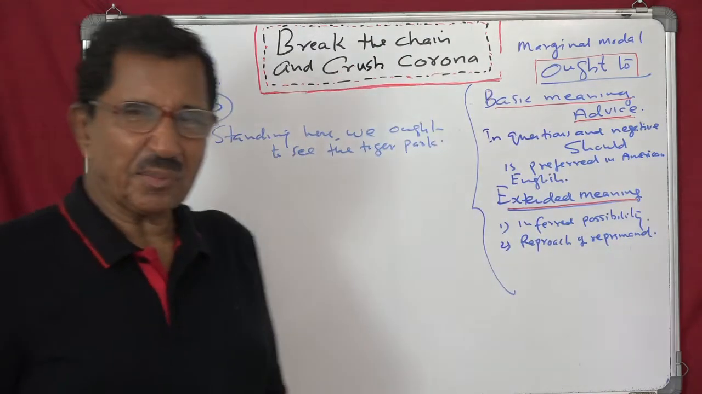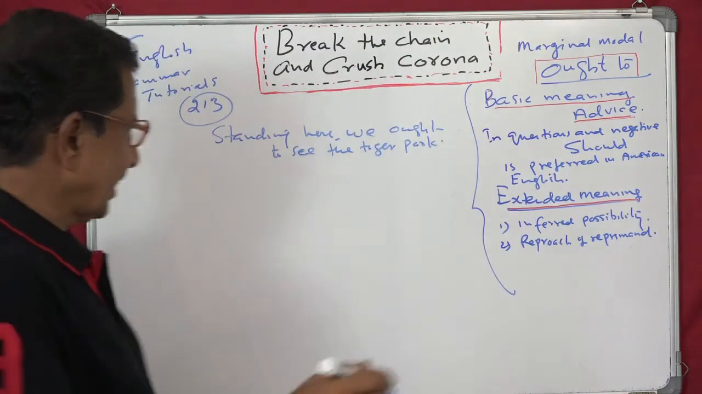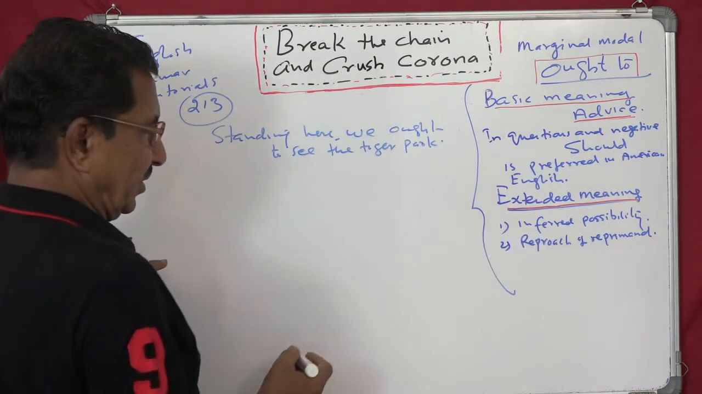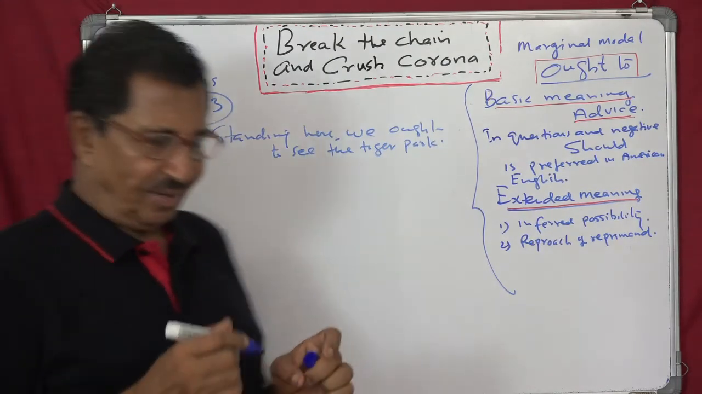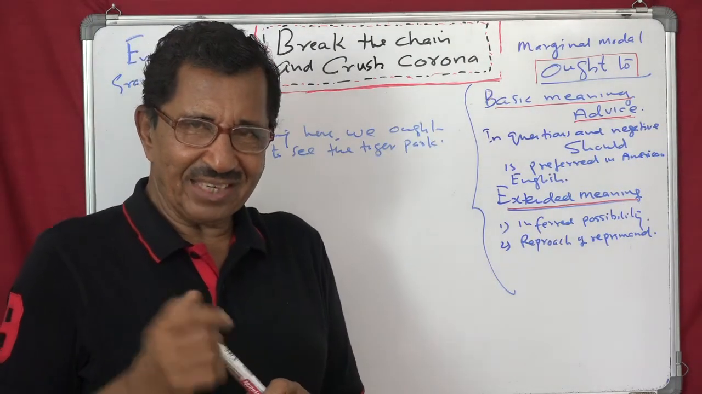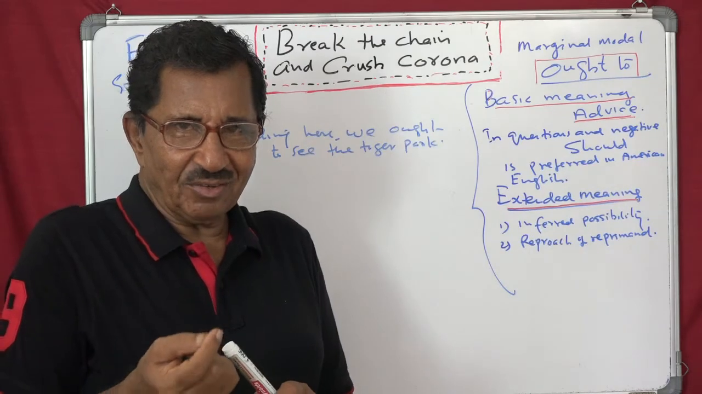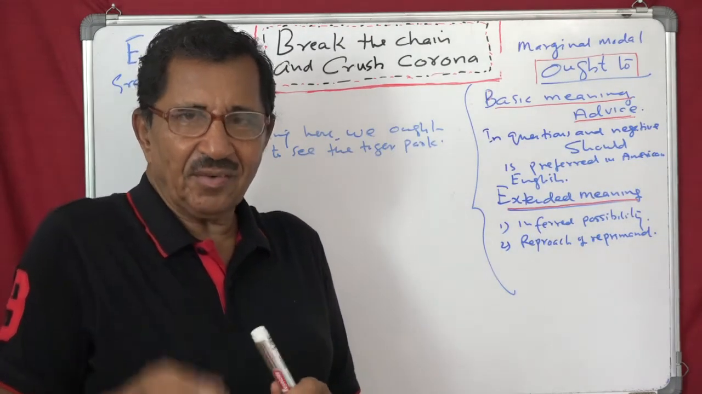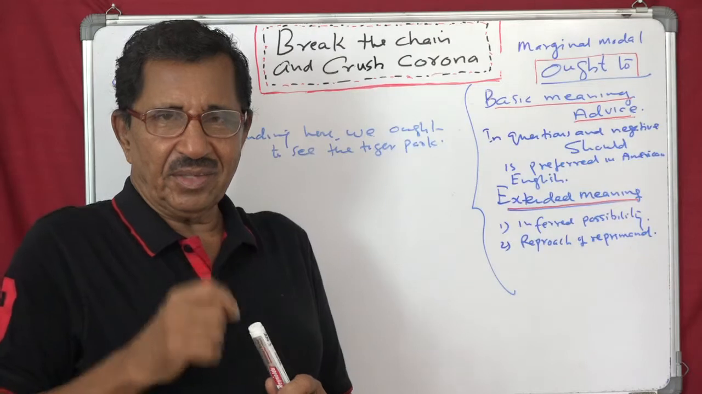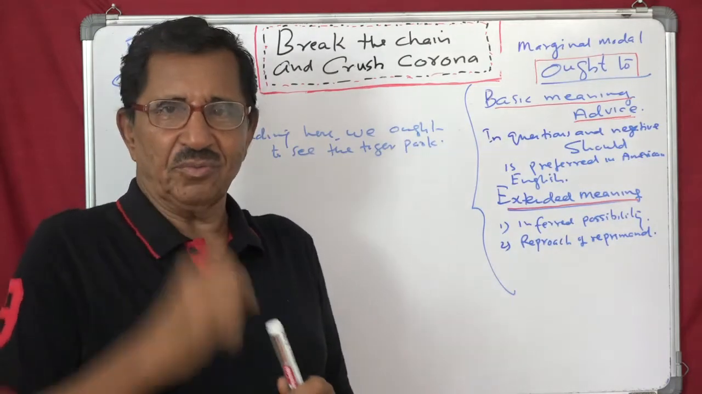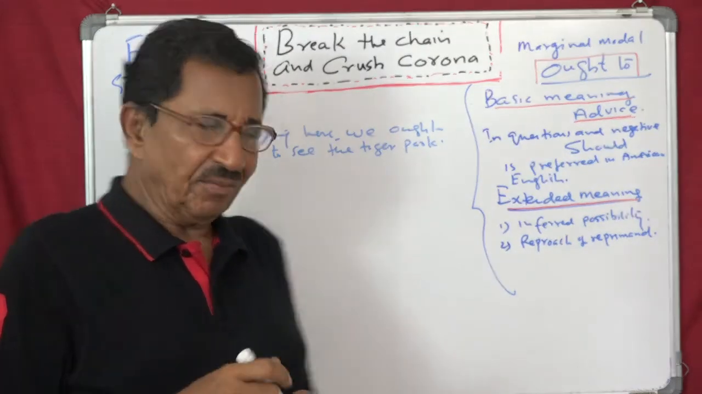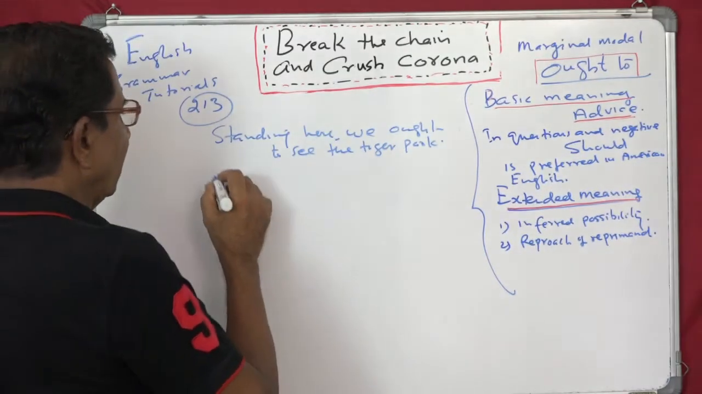The other is reprimand or reproach. Reprimand means getting a bit angry, and it is also used for something you should have done but did not do. That is the meaning. For example, we say you ought to have